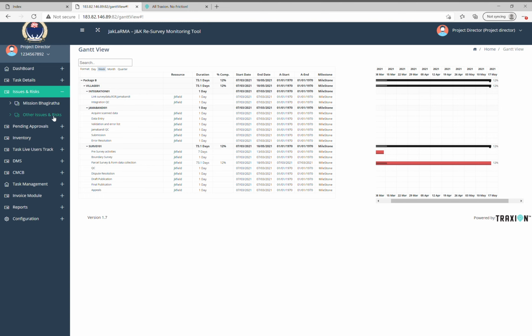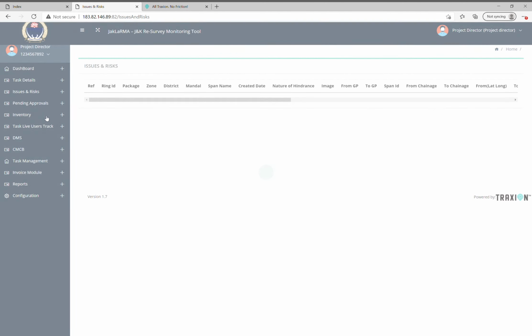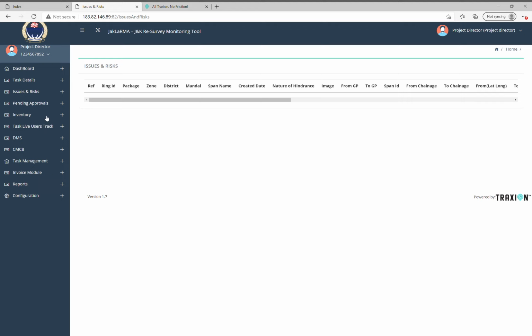All pending issues can also be recorded here from the mobile app. If any team or any team member is experiencing issues, there is a small form created in the mobile app, which will actually, as they create these issues, show up here, and you can either resolve them right here, or you can assign them to somebody else for resolution. You can track the status of each of the issues in this particular view.